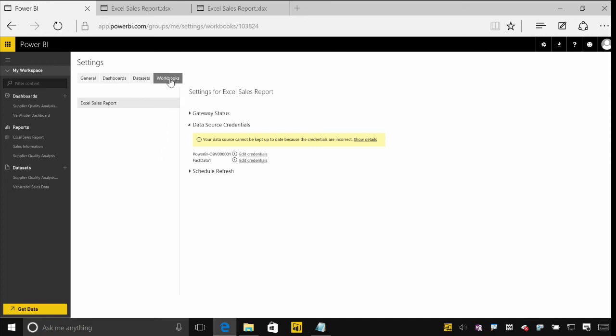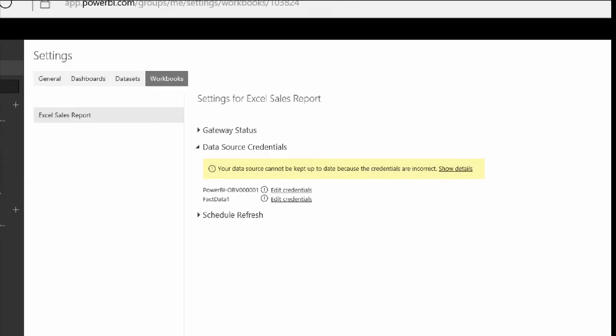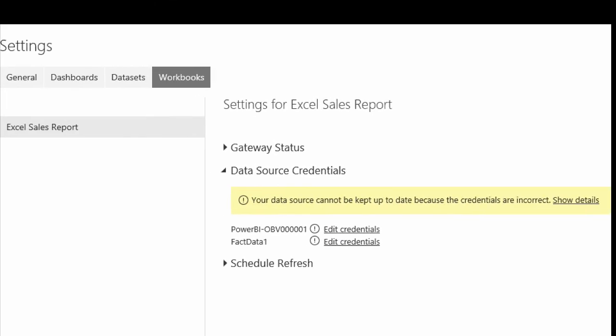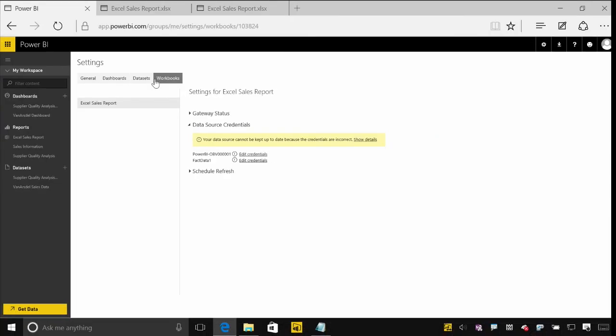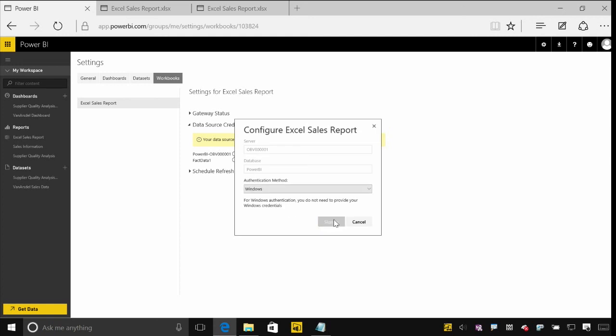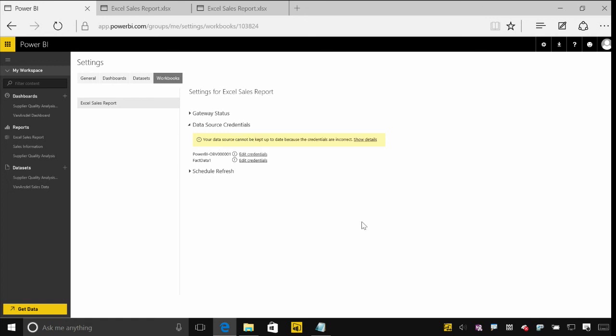But you can see I'm now on this Workbooks tab. This Workbooks tab gives me all of the Excel sheets that are being managed through Power BI and the credentials and gateway status, etc. for all of those. I have to do the same thing as I would have done with other sources in terms of telling Power BI what credentials to use. And I'd set up the schedule for the refresh in just the same way. Under here, I've got the option to say, go and keep my data up to date, and then specify the frequency with which it will go and refresh.